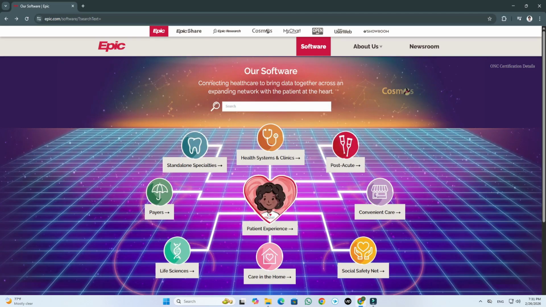So basically, Epic EHR/EMR is more than just a digital filing cabinet. It's a fully integrated platform that transforms how healthcare is delivered and managed. With robust charting tools, real-time collaboration features, and powerful decision support, Epic helps clinicians deliver better, safer care with less